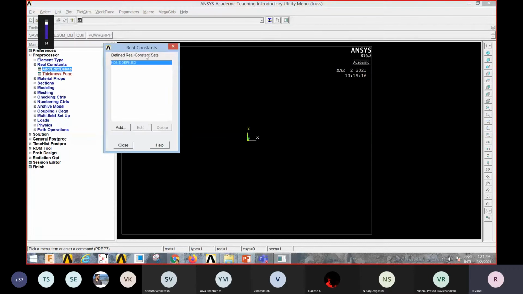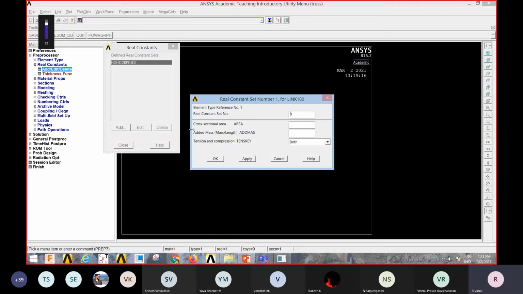The real constants dialog box opens. You click on add. If you click on add, it shows what type of object you have selected. Click OK, and it is asking for area. So the area is